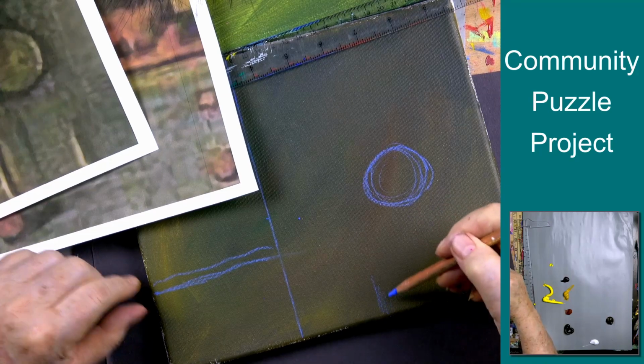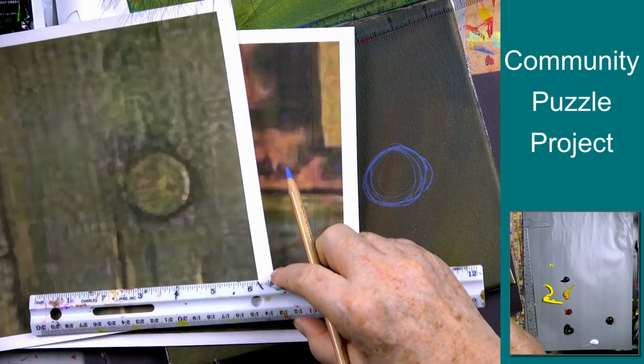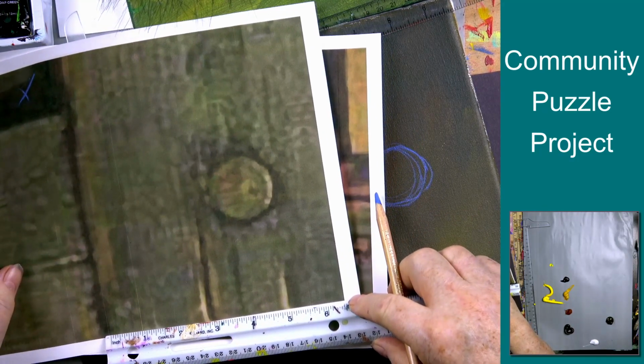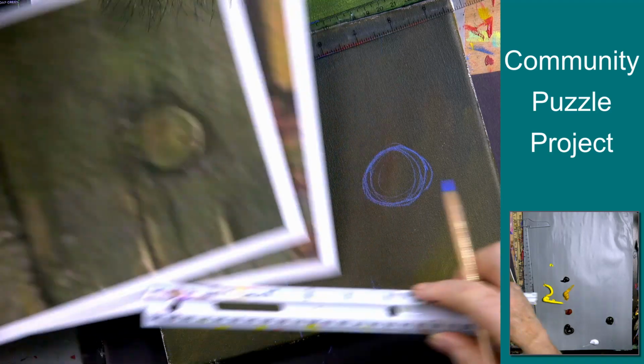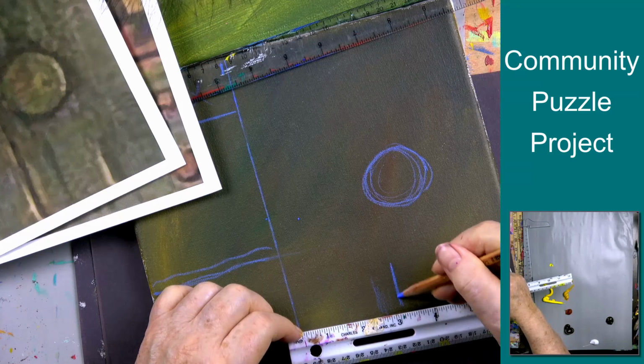I guess I could put this crack in too if I wanted to be really accurate where that went. Because the more accurate you are, the more these are going to fit together. So don't stress too much, but think about this. This crack's about 3 inches over from this line here. There's a crack that's going up